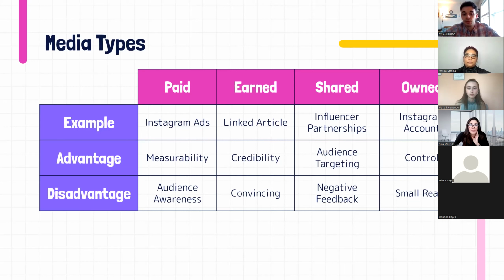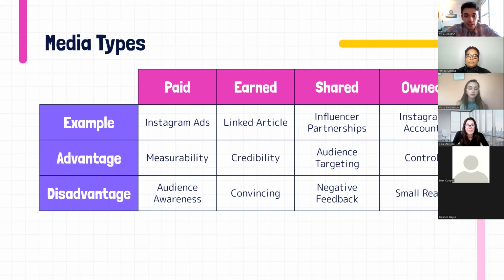And that's huge. Telling someone yourself, oh yeah, my product is good, is not as powerful as other people vouching for your product. The disadvantage of earned media is it can be difficult to prompt people or organizations to write about your product or service without paying them. So it really does rely on your product or service being able to generate those stories.